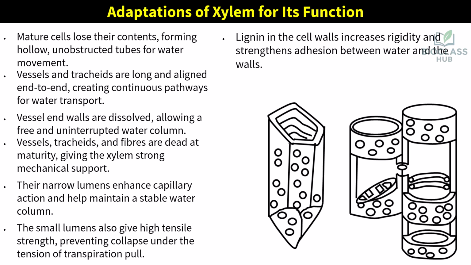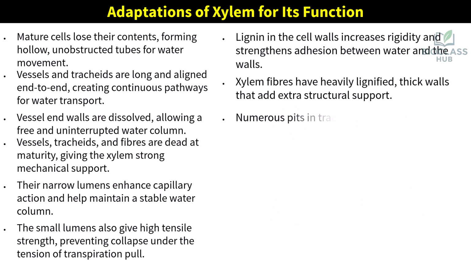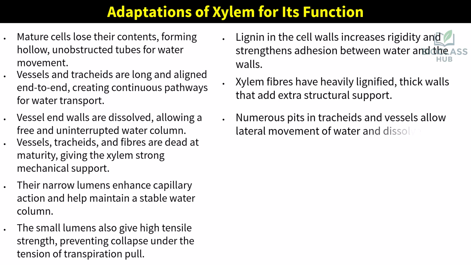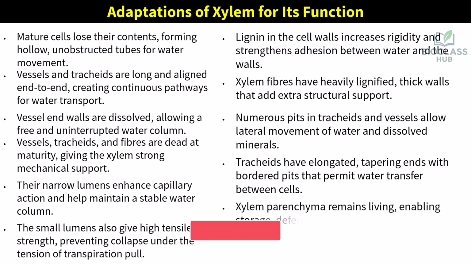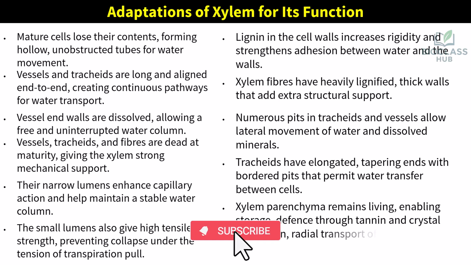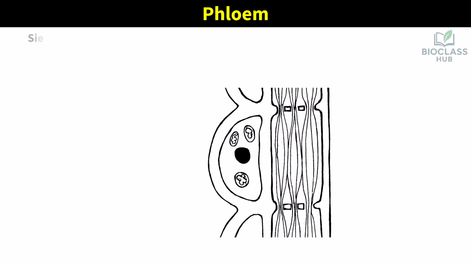Xylem fibers have heavily lignified, thick walls that add extra structural support. Numerous pits in tracheids and vessels allow lateral movement of water and dissolved minerals. Tracheids have elongated, tapering ends with bordered pits that permit water transfer between cells. Xylem parenchyma remains living, enabling storage, defense through tannin and crystal deposition, radial transport of substances, and gaseous exchange via intercellular spaces. Phloem. Phloem is made up of sieve tube elements, companion cells,